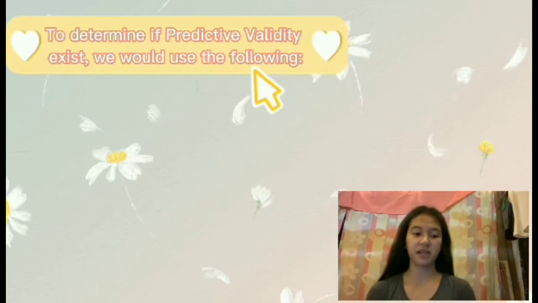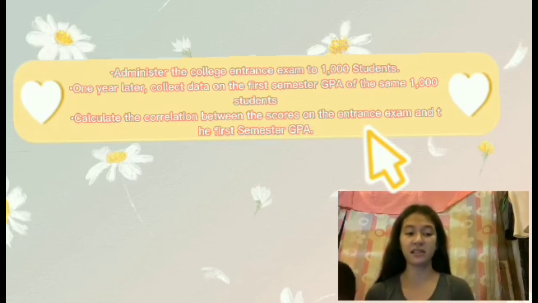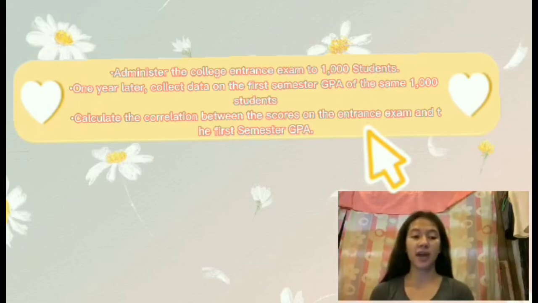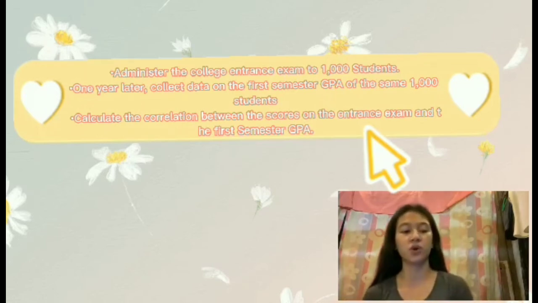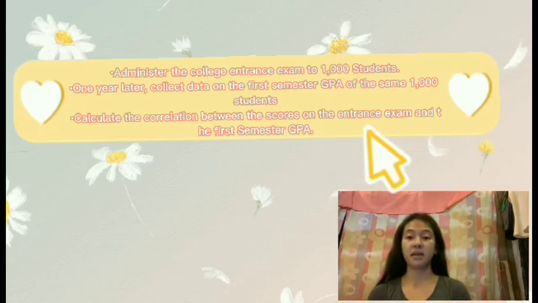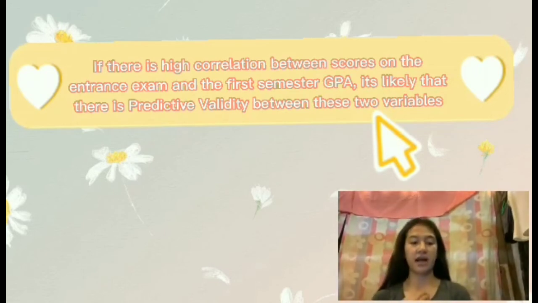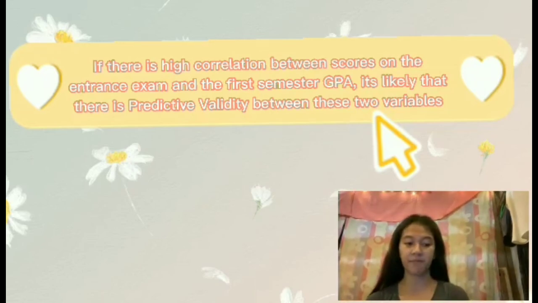To determine if predictive validity exists, we will do the following. Administer the college entrance exam to 1,000 seniors, and 1 year later collect the data on the first semester GPA of the same 1,000 students, and calculate the correlation between the score on the entrance exam and the first semester GPA. If there is a high correlation between the two, it is likely that there is predictive validity between these two